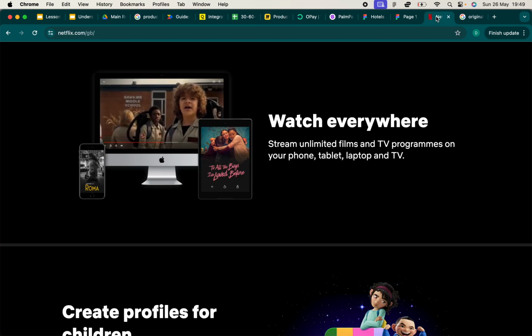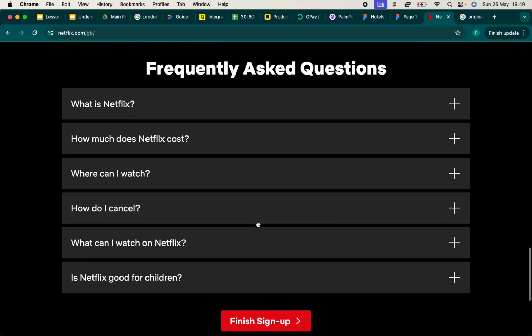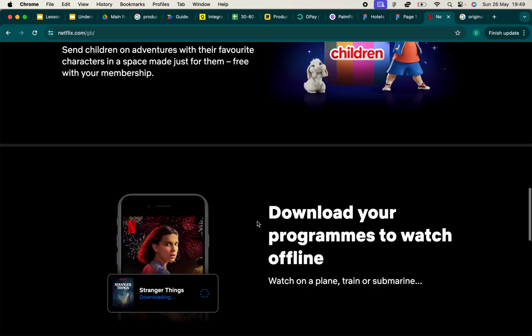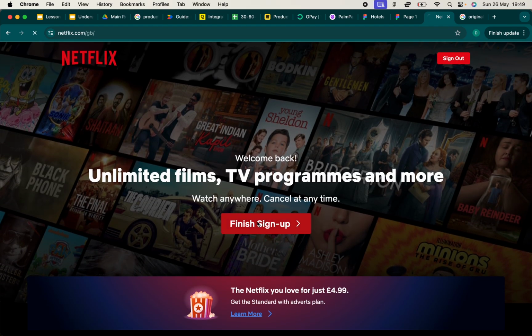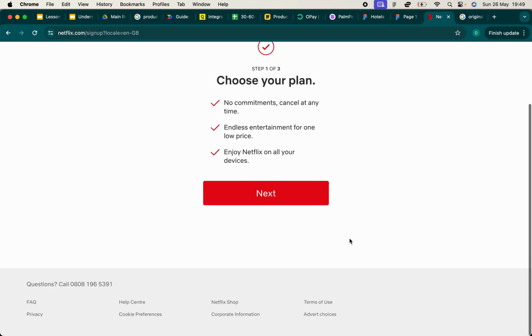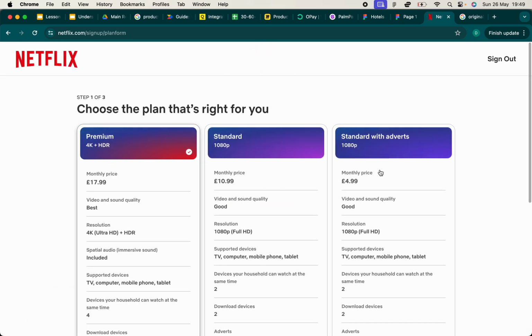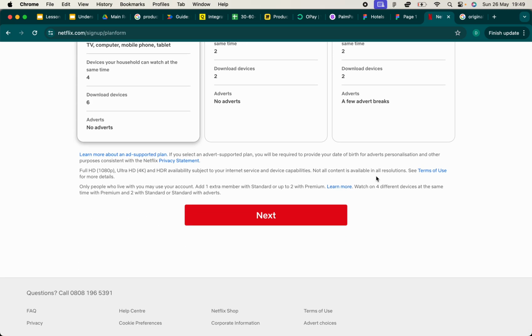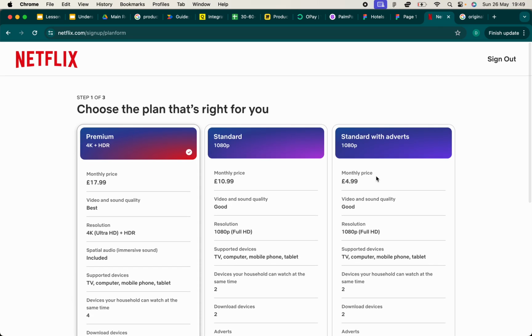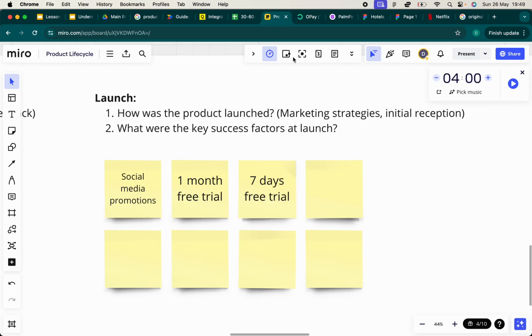So if you come on Netflix now, there are no free trials. Literally, there are no more trials. It's either I go ahead and sign up and pay, or I don't get to use it. It's literally that. There are no free trials. It's literally pay and use. That's it. And that's what they've done. So now they're making money because people are having to pay to use.